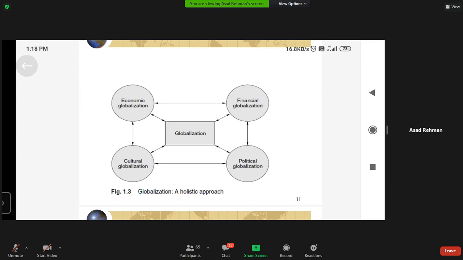The world is gradually moving, with the exception of many, but still we can safely say that the world is moving in the direction of a global culture